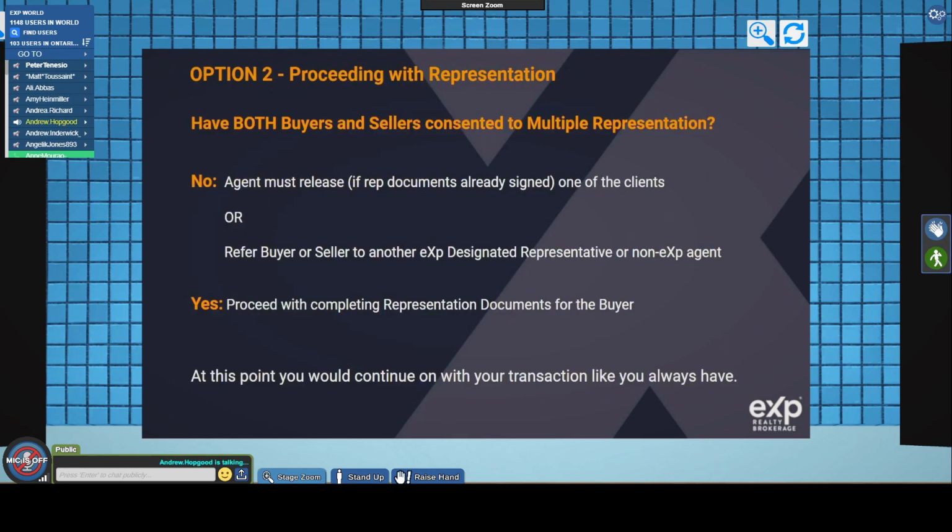All right. So we're at the point where we've dealt with multiple representation. We have, right? So have both buyers and sellers consented to multiple representation? That's our main question. We've come across a situation where it's arising. We want to find out whether or not people have consented to it, and if they have, by signing the right documents. We'll get into that, but let's deal with the easiest